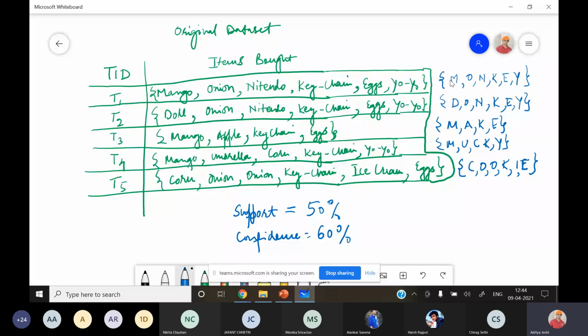देखो ज्वाइन स्टेप में आपका MK, OK, OE, KE और KY बना था। देखो सबसे पहले आपने इनिशियल आइटम्स लिए, उसमें पहले MOKEY आ गया, ठीक है। बाकी औरों को हमने डिलीट कर दिया। तो MOKEY: M appears 3 times, O appears 3 times, K appears 5 times, E appears 4 times, and Y appears 3 times. ये आया आपका? ये सब मैंने सर ओ में मिस्टेक कर दी थी, मैंने वो 2 कर दिए थे। हाँ, इसको चेंज कर लो। M 3 बार, O 3 बार, K 3 बार, E 4 टाइम्स एंड Y 3 टाइम्स। ठीक है, ऐसे आ रहा है ये।